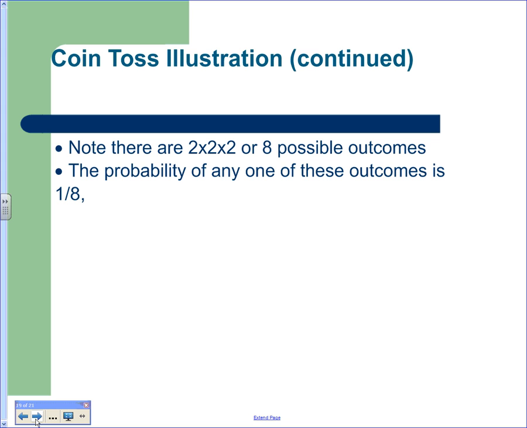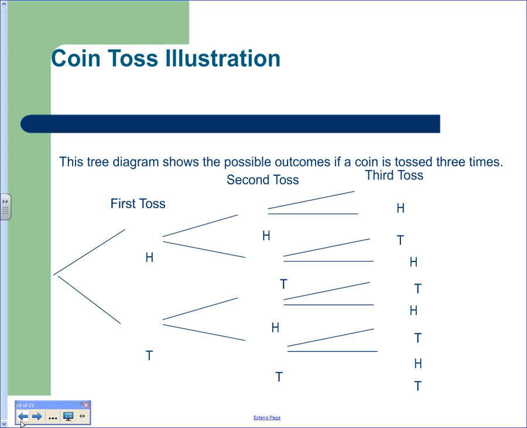Alright, so you don't have to use the tree diagram. We're going to look at it without the tree diagram. How many ways can you flip it this way? I mean, what are your options? You can do either a head or a tail, right? The second time, what can you do? And the third time? Which is a total of 8. You have 8 different ways that you can flip it whenever you flip it 3 times. Which is how many you get over here. 1, 2, 3, 4, 5, 6, 7, 8. Does that make sense?